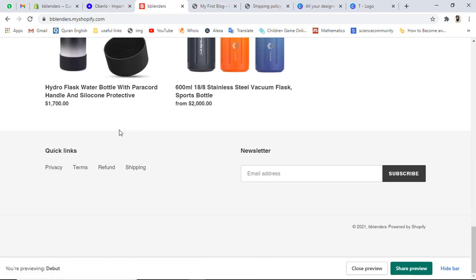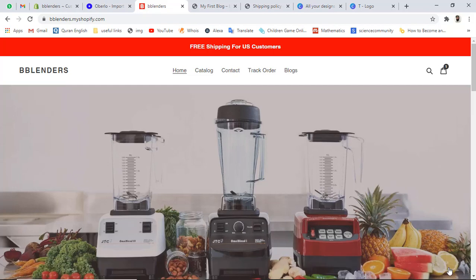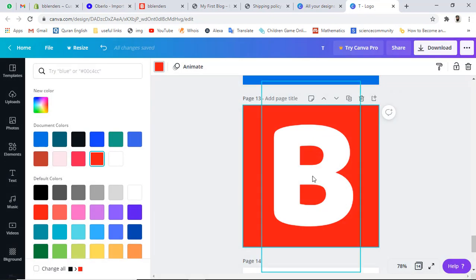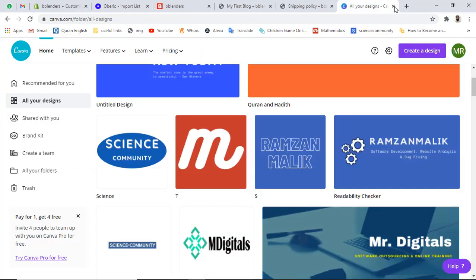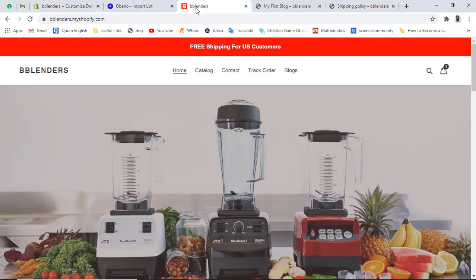So I think that the home page has a great look and feel. And if you will be exploring other pages as well, those would also look great. So let me close all those things. Actually, if you are interested to create the logo, you can also create it from here as well. But for now, I am not interested to create the logo. So let me close these tabs for now, and let's explore other things.